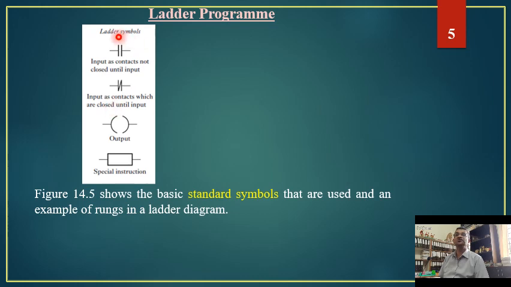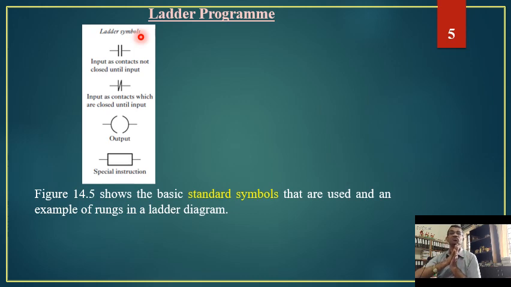Now in the input signal there are two varieties. One is this one and the other is this one. Now there is a capacitor kind of thing with two parallel plates written, and if these two parallel plates are not connected by a slant line, then such type of input is normally open, NO. It means that under normal circumstances it always remains open. So it is a switch which is open.